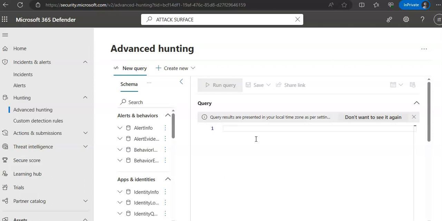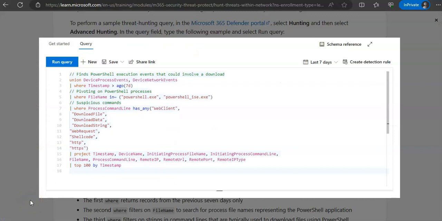You can find the PowerShell execution events that could involve a download. You can do pivoting on those PowerShell processes. You can find suspicious commands related to download string, web request. Let me paste a sample query. Now, if you see this command, the sample command,